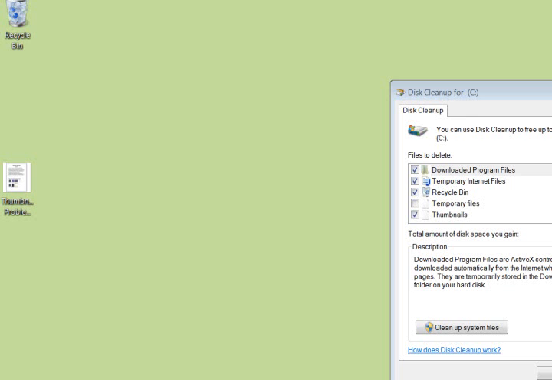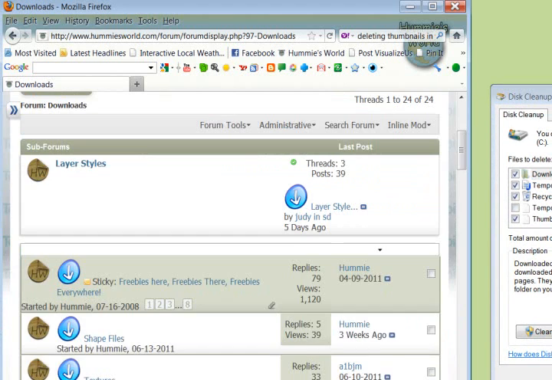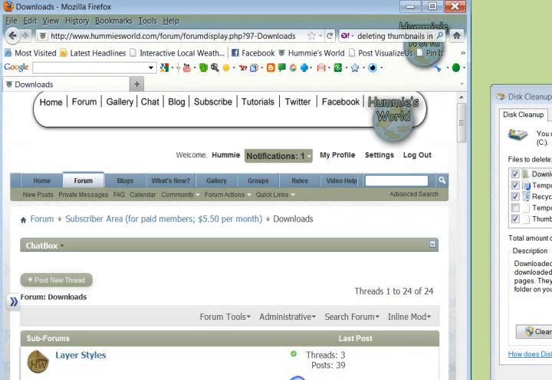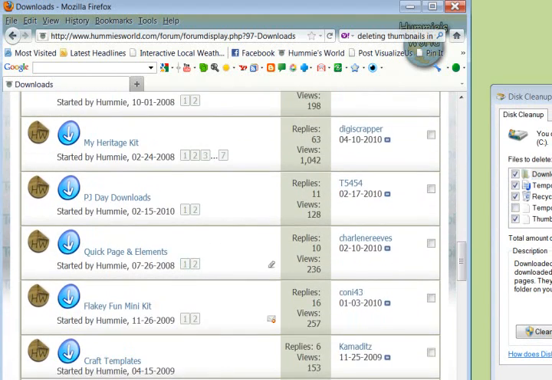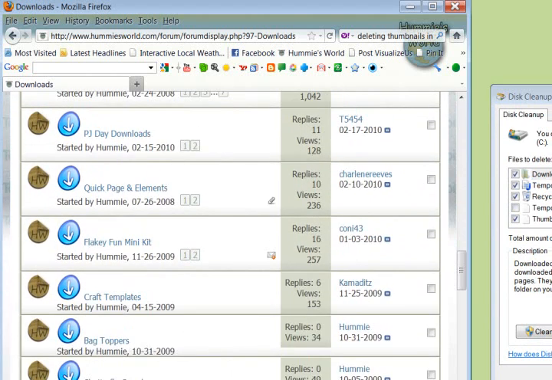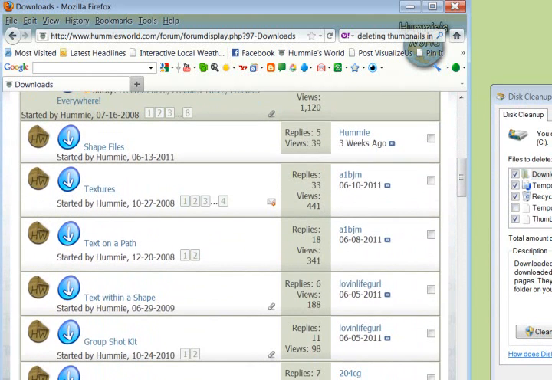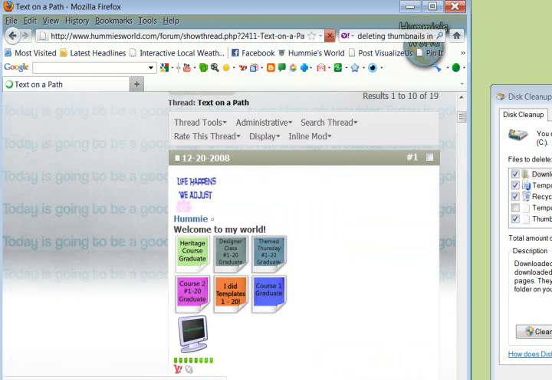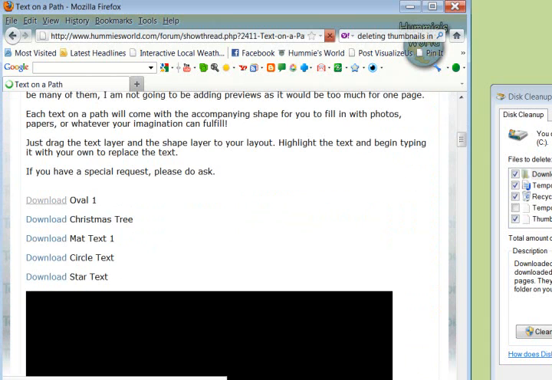In Windows Vista, I have this. I'm going to kind of hide out of the way for later. First, let's go get some files. I have my downloads area and the subscriber area here. So I want to pick some files out to download so I have some zip files to play with. I'm going to go in the text and a path because I know those are small files, and I'm going to